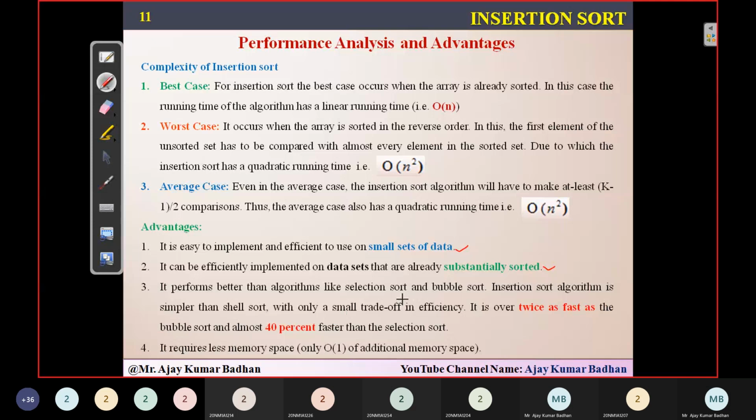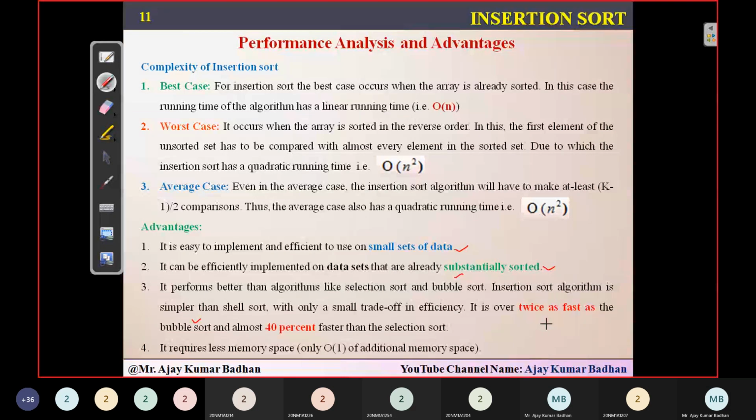And here he has compared insertion sort with bubble sort. It is twice as fast as bubble sort, much faster than bubble sort's time complexity.